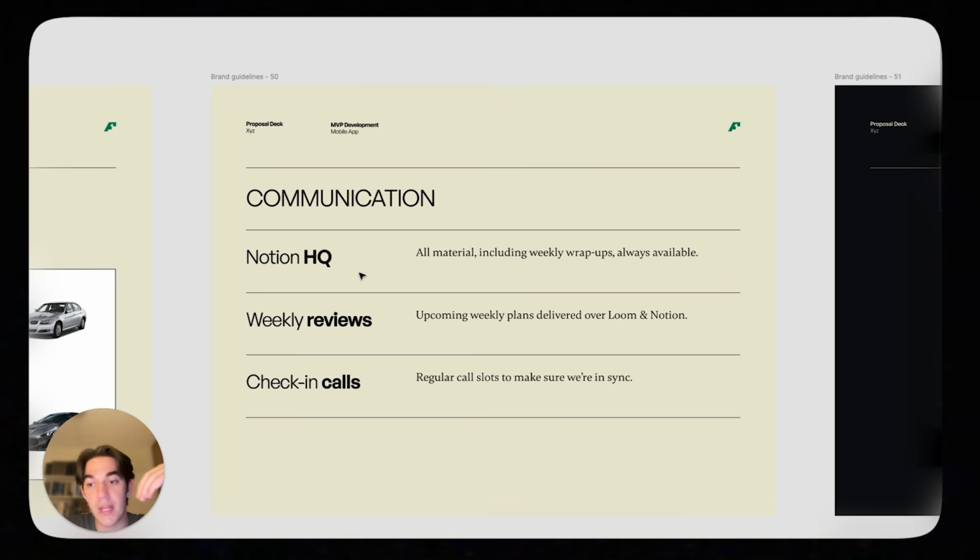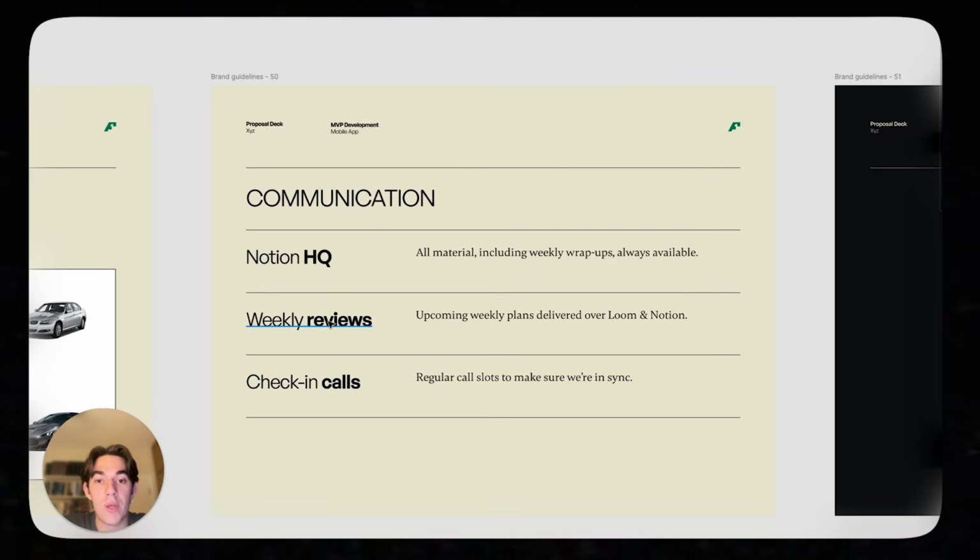I will also write it in the Notion page. Guess what? Most clients don't even watch that Loom video. And I don't care. I'm still going to put it there because it's about the principle of over communicating. It's not about whether they watch it or not. It's just about making sure that it is there and that the client knows that it's there. It provides a certain psychological safety. I don't know, every single client has generally, I think, appreciated this so far, even if they don't actually